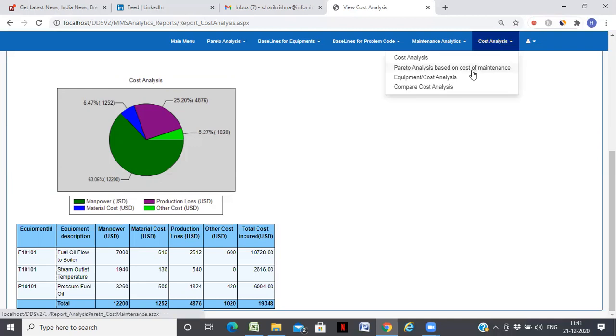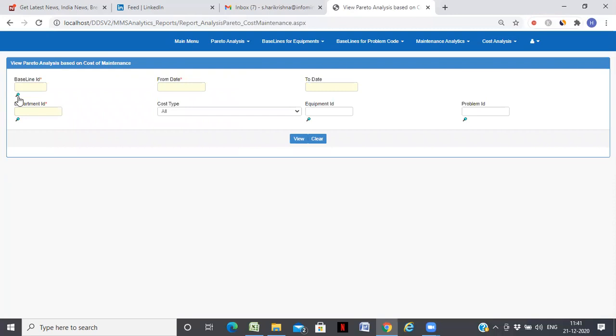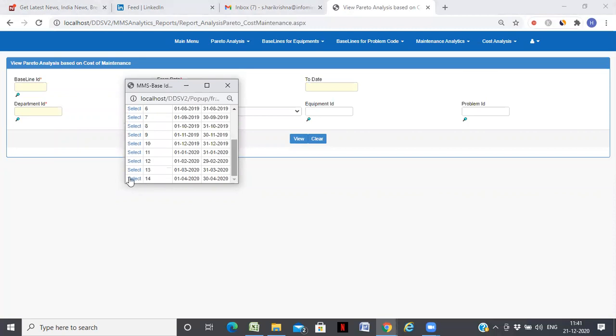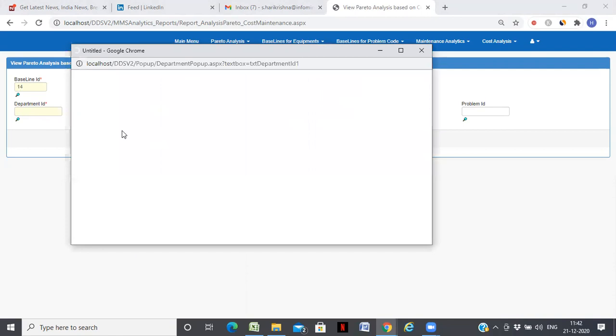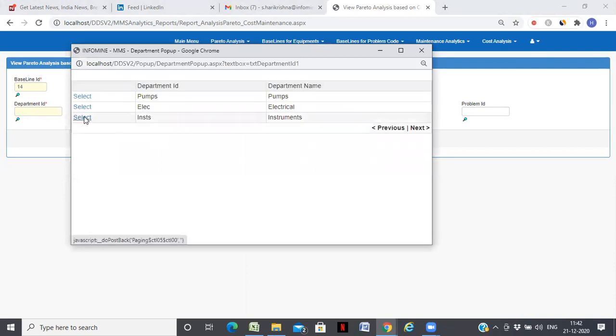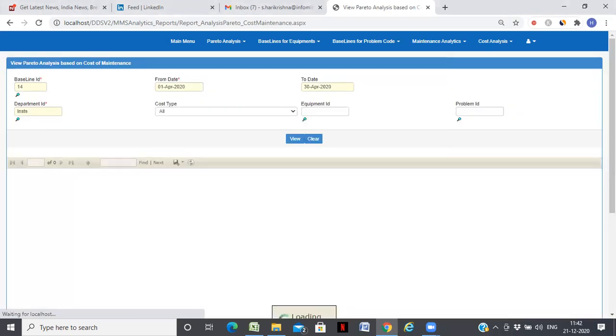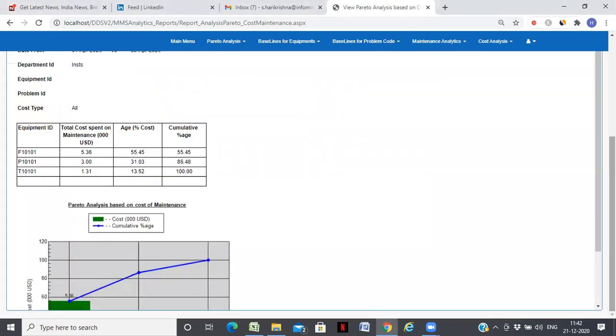You can do it. And you also have a Pareto analysis on cost of maintenance based on the baseline report. You can see the failure patterns. So you can see cost and average percentage cost and cumulative one.